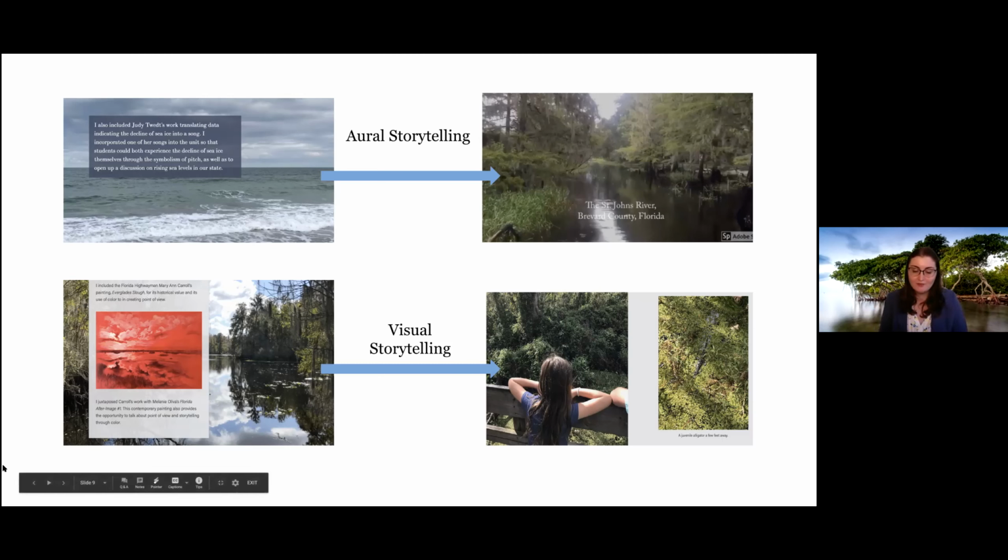Likewise, I also intertwined photographs and written words throughout my essay, juxtaposing a visual story of an exploration of Florida landscapes with the written story of an exploration of intertextuality. This was inspired by many texts within the instructional text set that make use of visual storytelling, including one pictured here from Miami-based artist Melanie Oliva's painting, Florida After Image #1. That's that striking red image on the screen. So if you want to switch the slide for me, Alex, thank you.